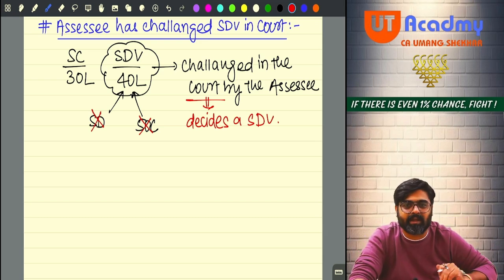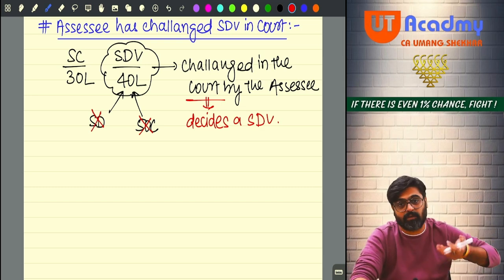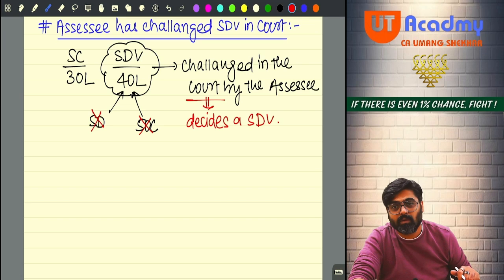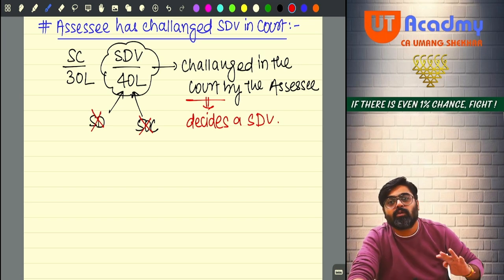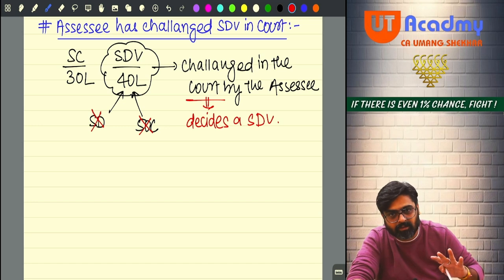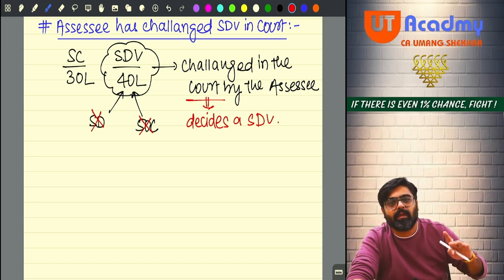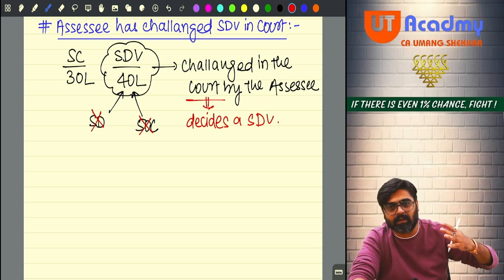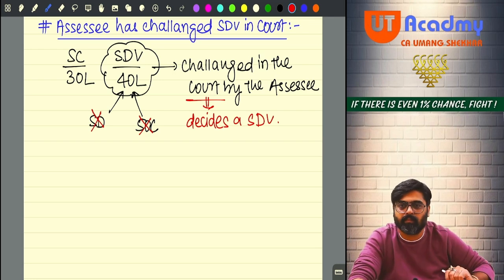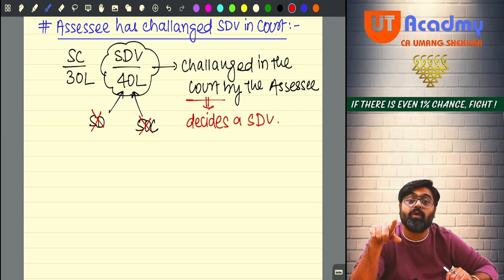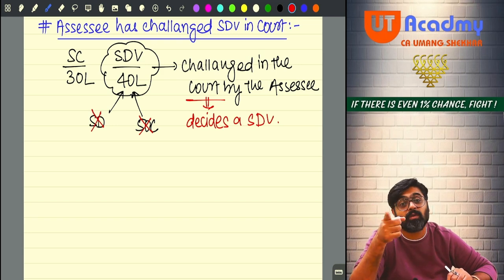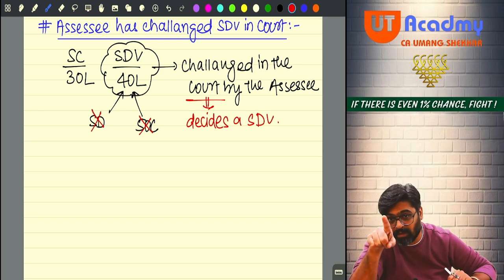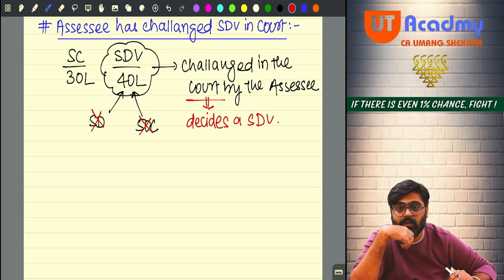Then nobody will fight a case. Everybody will be afraid that, what if the court pronounces a judgment, in that judgment if the court enhances the stamp duty value? So everyone will be afraid, no? So if you lose the case, meaning that the stamp duty value which was fixed by the stamp duty authority, court also thinks that the stamp duty value should be same. But if you win, meaning that now the court has decided a stamp duty value lower than this, and court can very well do this.